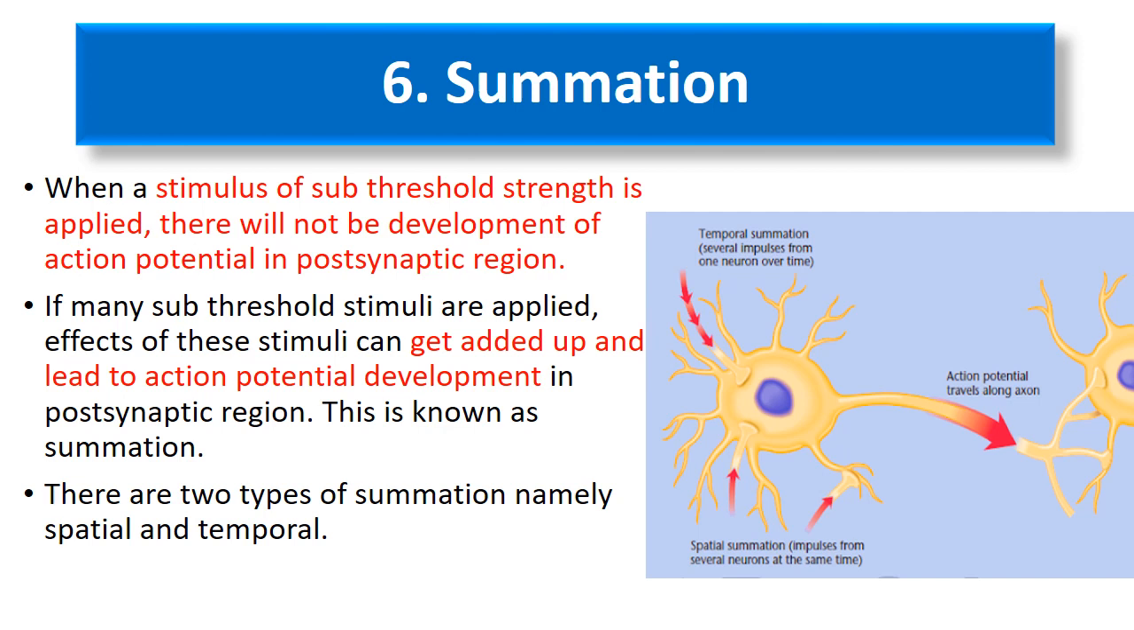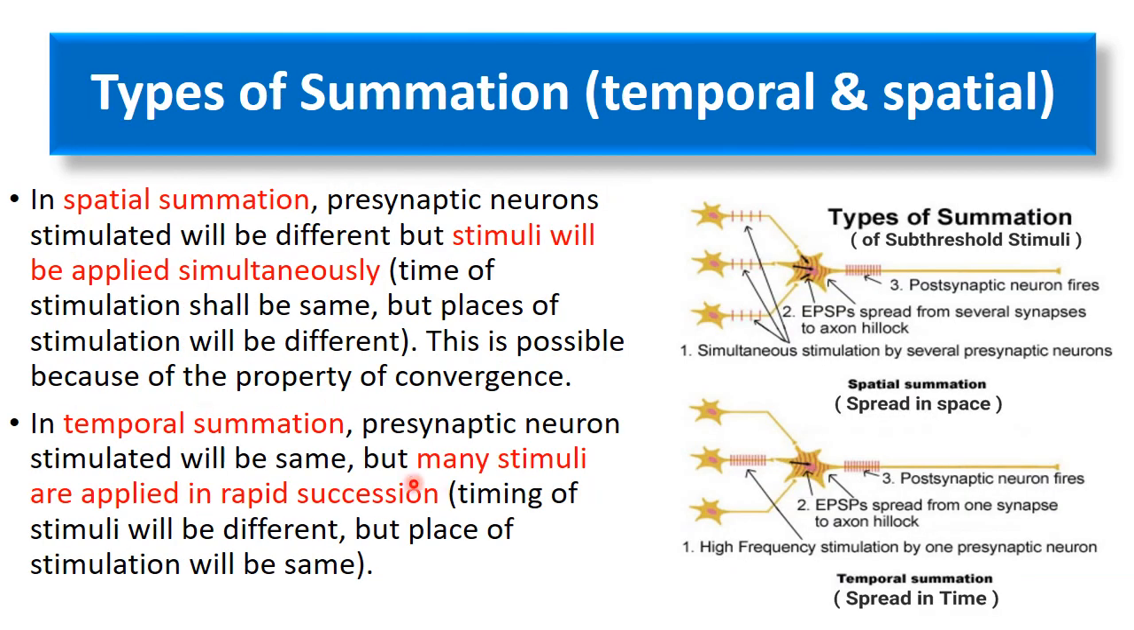Now let's discuss the types of summation. There are two types of summation, spatial summation and temporal summation. So this is the temporal summation. What is happening over here? Look at this. These are the three presynaptic neurons, and this is one postsynaptic neuron. Now what is happening in the temporal type of summation? The presynaptic neuron stimulated will be the same, but many stimuli